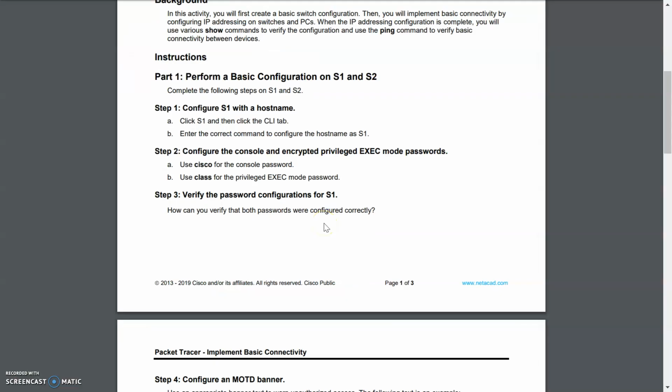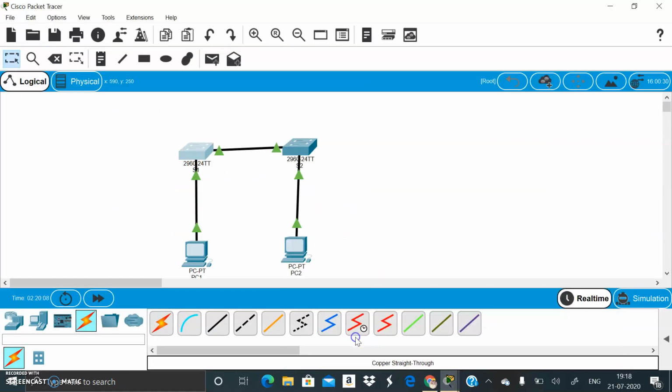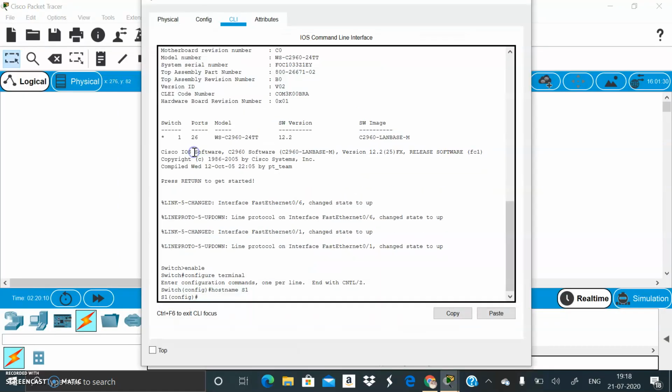Now the step 2 is configure the console and encrypted privileged exec mode passwords. For that again we have to go to the packet tracer. To create a password for console, we have to enter line console 0.